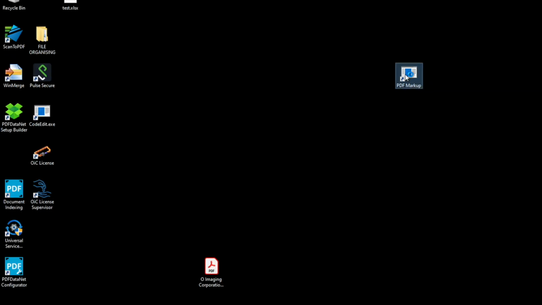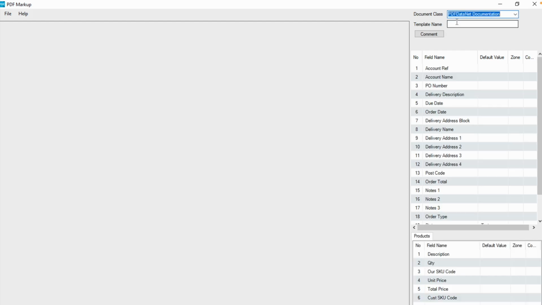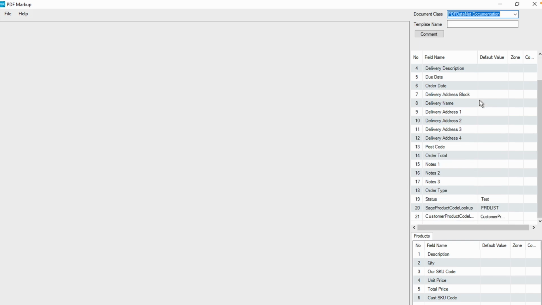So if we open the program, click on the document class drop down and select whichever document class you want to work with. For most systems, there will only be one option available. For mine, I have this. So if I click this, it will then bring in all of the fields you have available to use for your markup. If you click File, Open PDF,